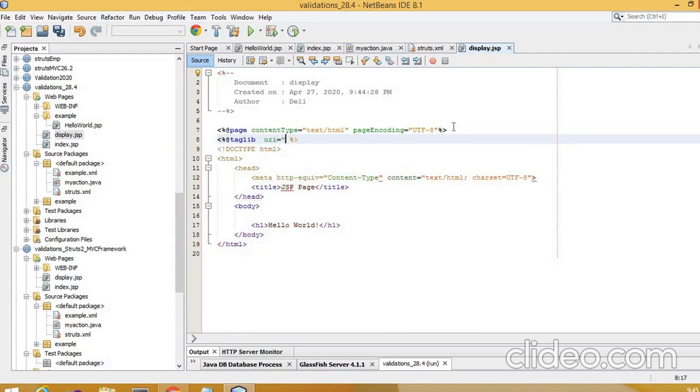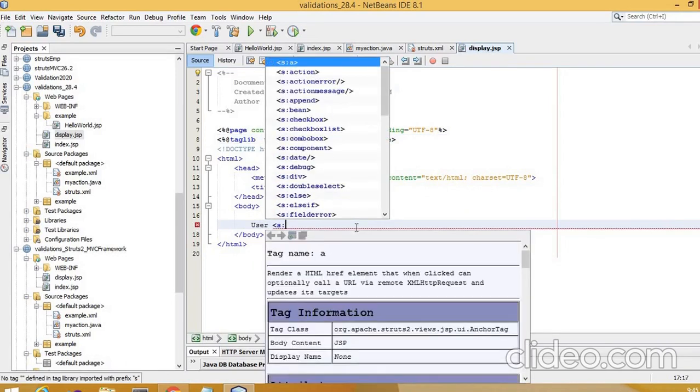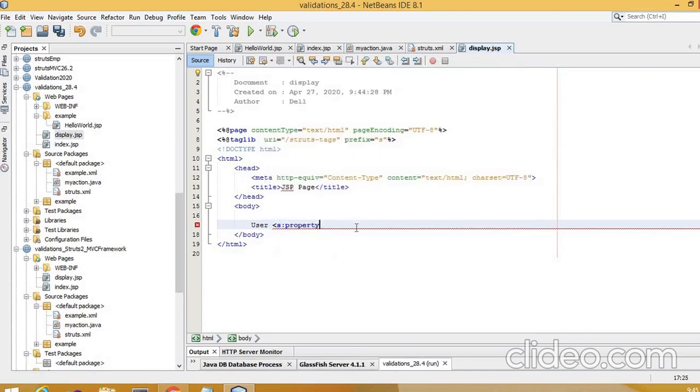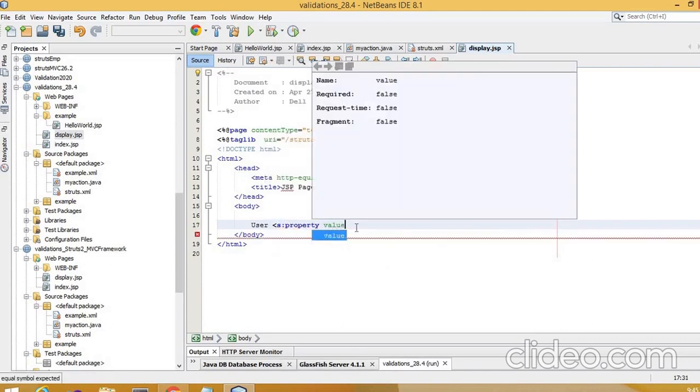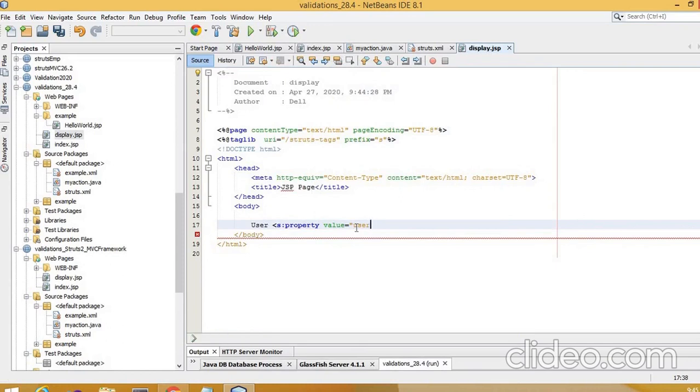We will give the URI as /struts-tags and prefix is s. Then after this in the body part, we'll just give user. Okay, user, then s:property value is equal to user. Okay, it will display that value and then it will close this. Okay, I'll just copy this. We'll give a colon over here. I'll just copy this.